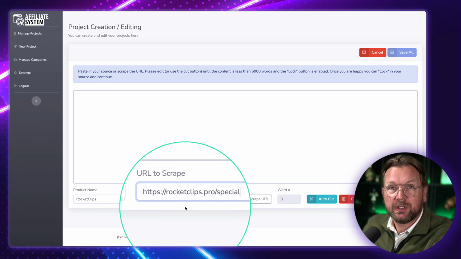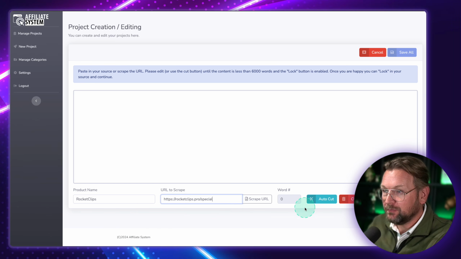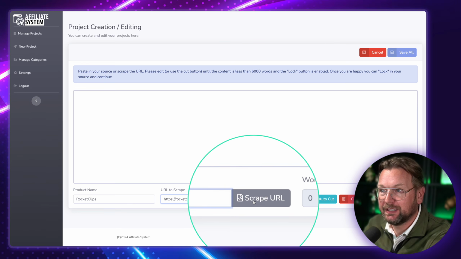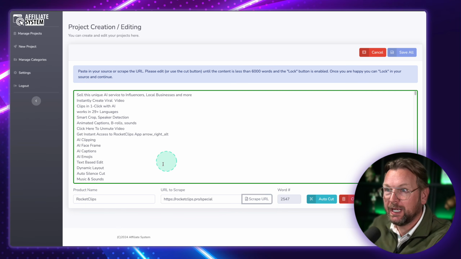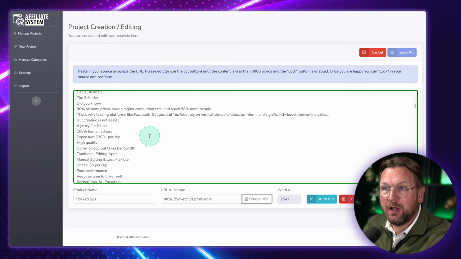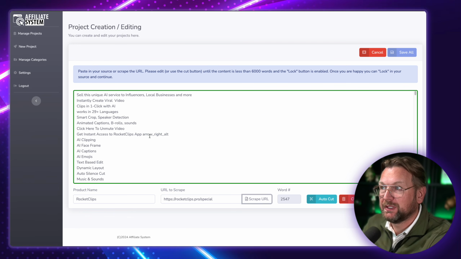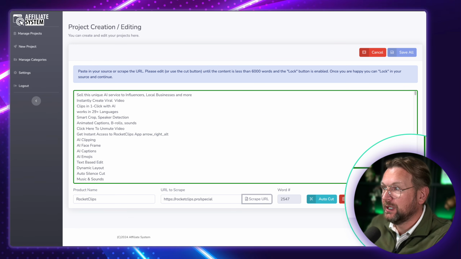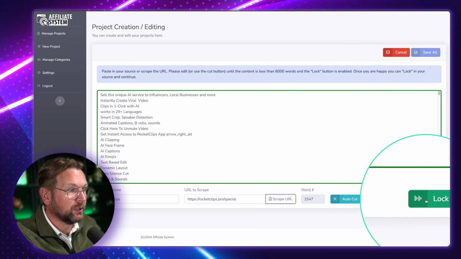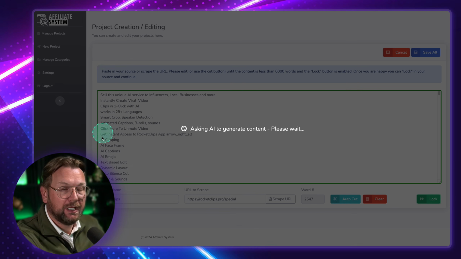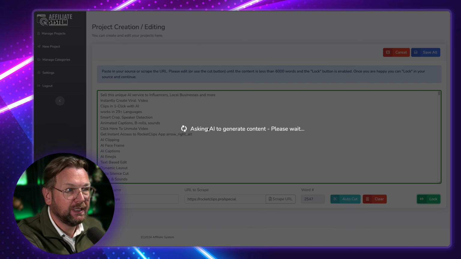If you promote Rocket Clips as an affiliate, you can put that sales page in here, but you can add any sales page in here. And what I can do here is I can say scrape URL. Now, when I do that, do you see what happened? It scraped all the content of that specific page. So what I can do here is I can click here on log here. And when I do that, it will log this content for me,